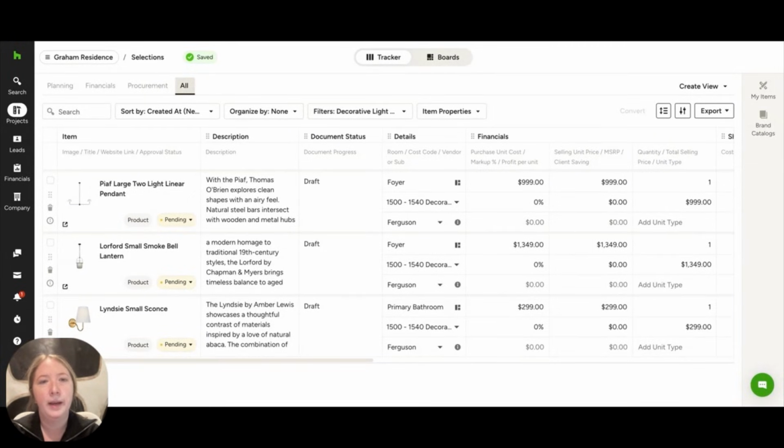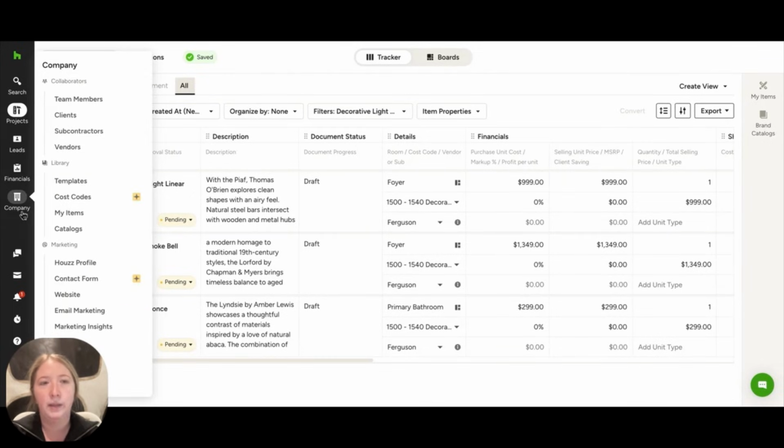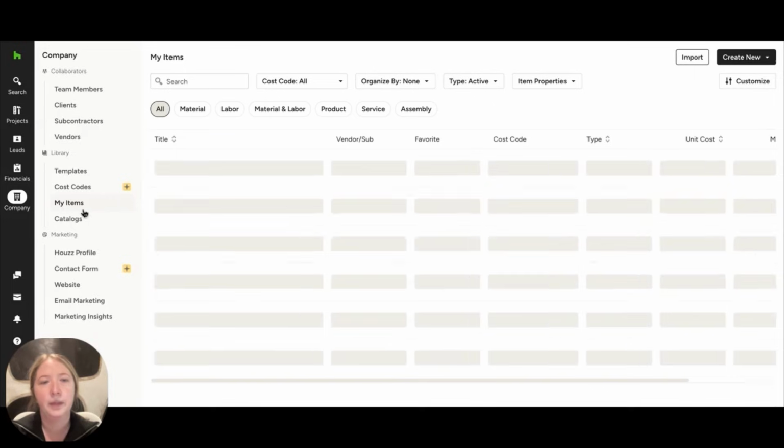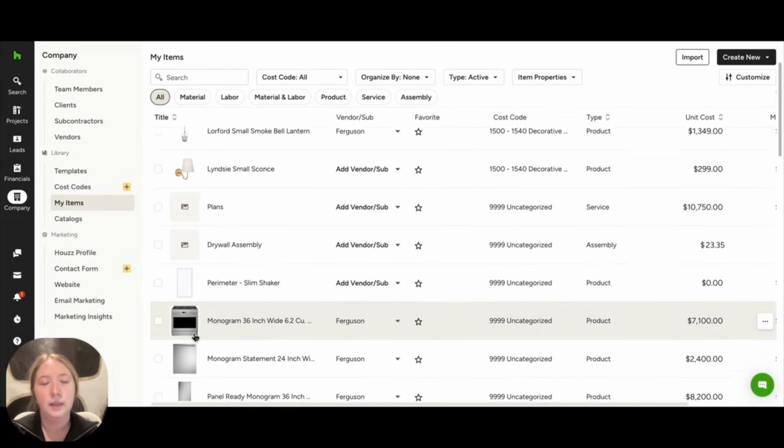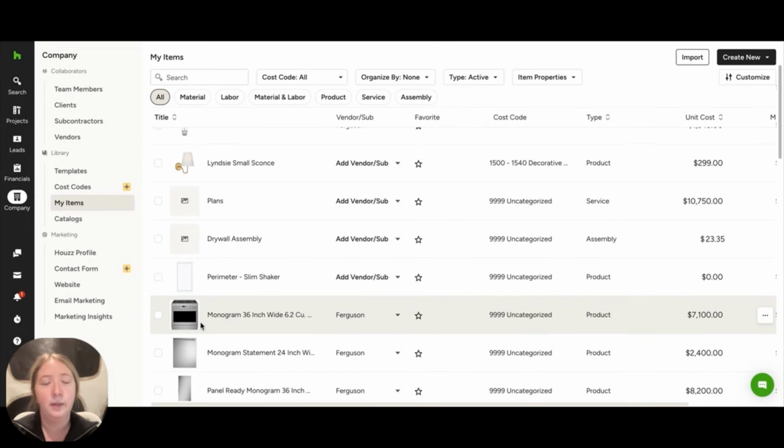Earlier, we had talked about how you may end up with some uncategorized items within My Items, and now I'm going to show you how to quickly update those items. So over on the main left-hand menu, I'm going to choose My Items. Now the list of any of the items that I've added into Houzz Pro are going to appear here for me. Let's say, for example, we need to update